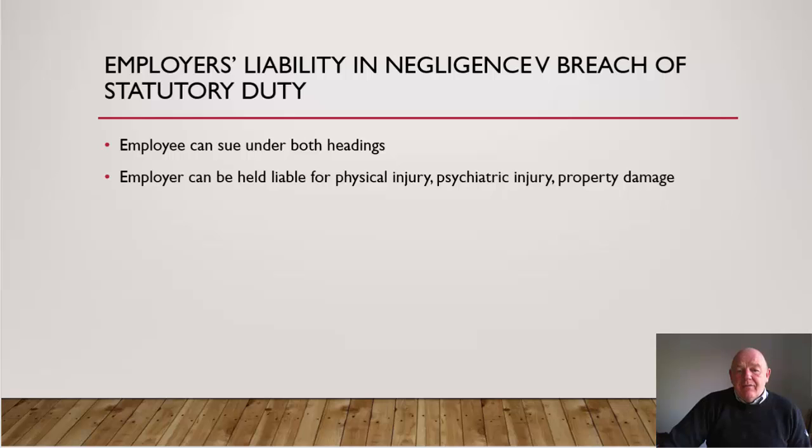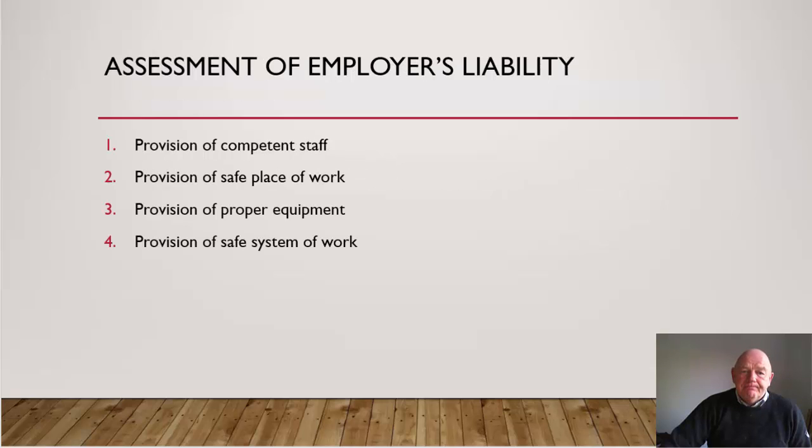An employer can be held liable for physical injury, and psychiatric injury, that is non-physical, psychological or psychiatric injury arising from the conditions in the workplace, and that can arise, for example, in a bullying claim, in a stress claim, in a harassment claim. You may claim to have suffered psychological or psychiatric injury due to the employer's failure to provide you with a safe place of work and to provide you with a place of work that was free from bullying, harassment or overbearing stress. The employer will also be liable for property damage.